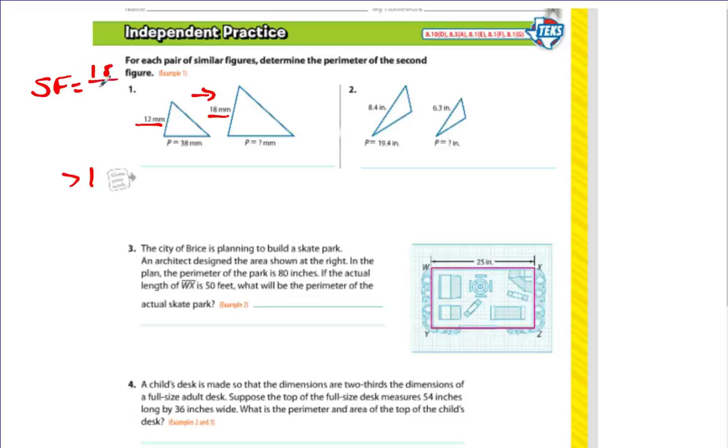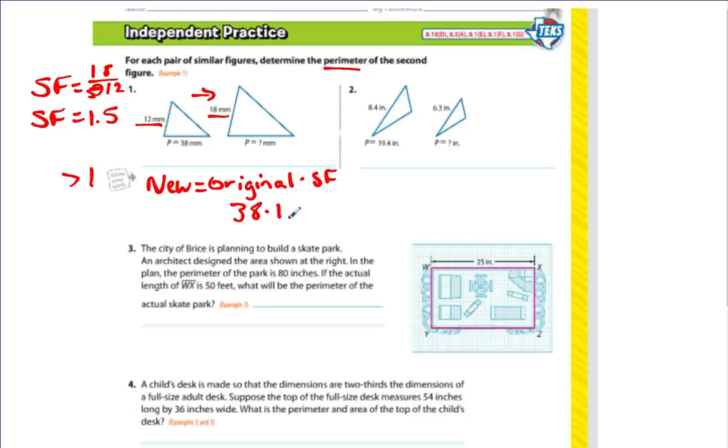So it's going to be 18 divided by 12, which if we work that out will give us a scale factor of 1.5, which is definitely greater than 1. Once we know the scale factor, since we're just looking for perimeter, our little formula was: our new perimeter will always be equal to the original times the scale factor. So our original perimeter was 38 times our scale factor of 1.5, and that will give us,